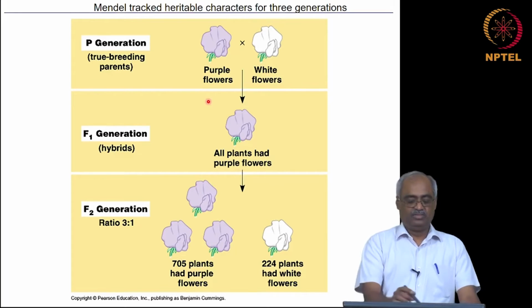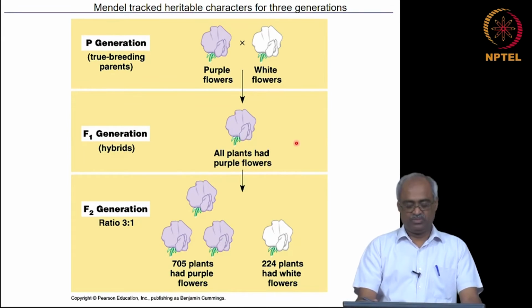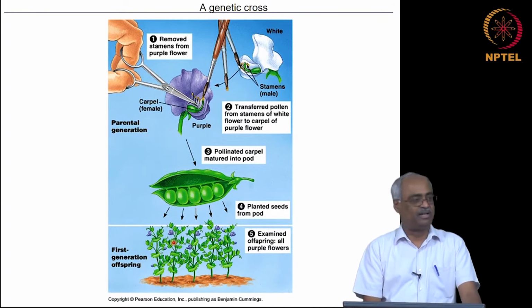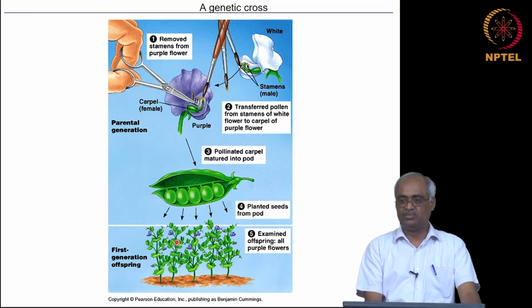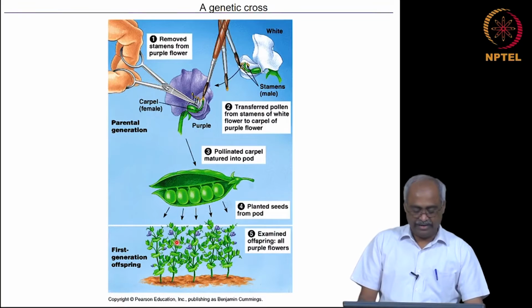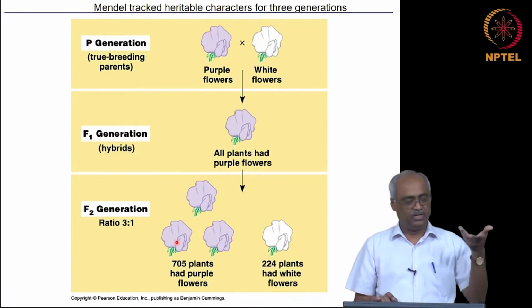So, this is the parental generation or P generation, then filial generation 1, where all plants produced purple flowers. Now what he does is, he does not open up and cover it and selectively bring stamen from somewhere. He allows them to self pollinate among themselves. When he did that and then collected the seeds and sowed them, and when they grew and new flowers